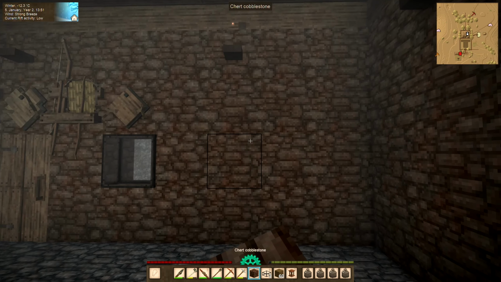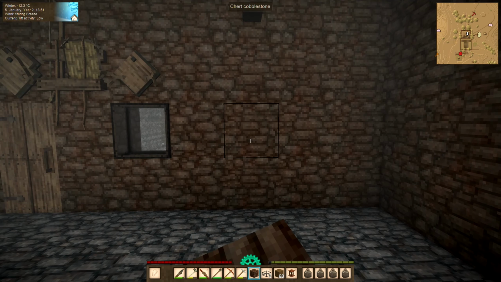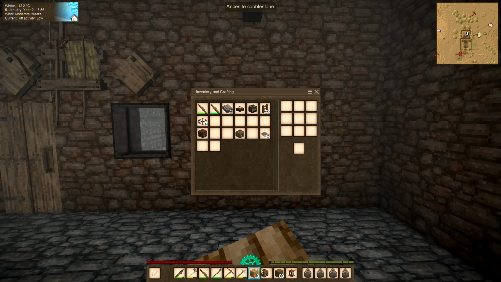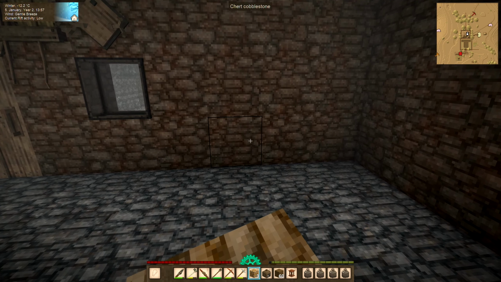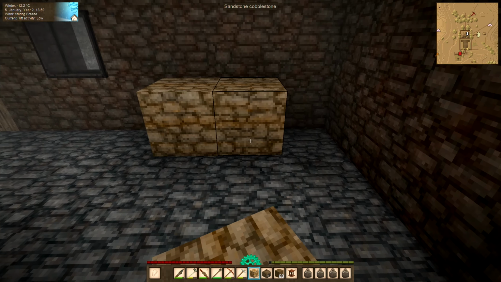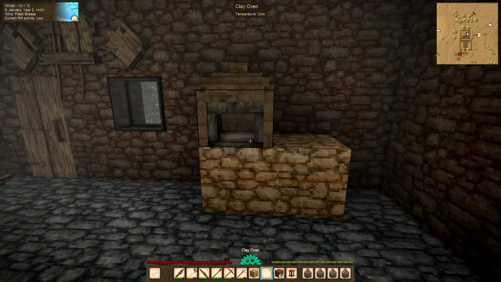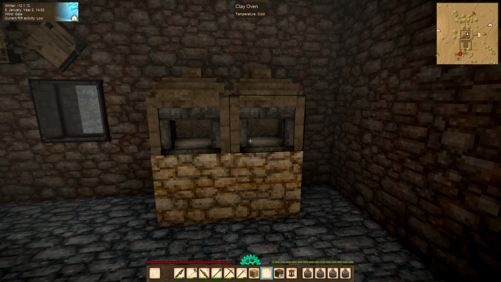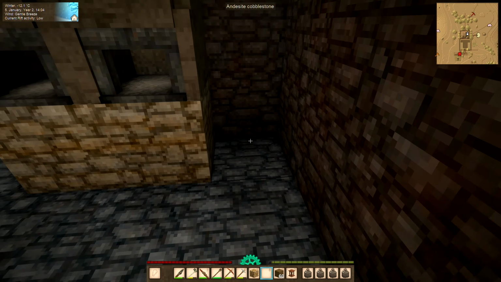So I want a double oven setup somewhere. So let me get this down there. And the ovens don't stack for whatever reason. So I'm thinking oven. And then